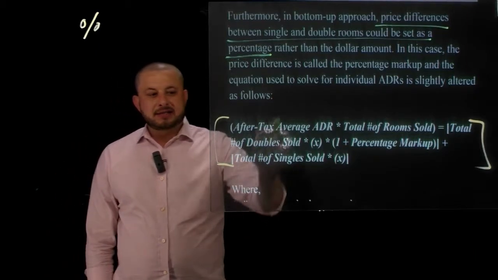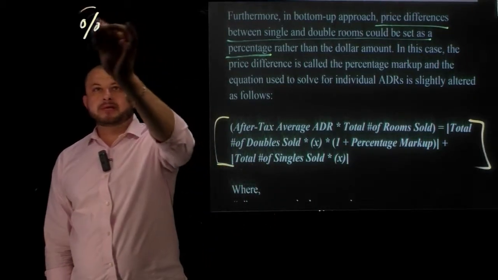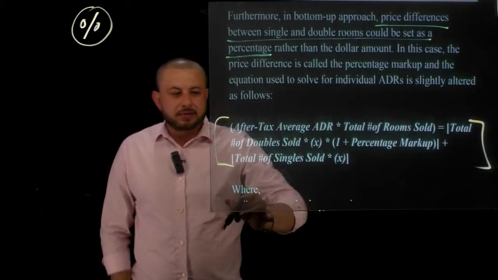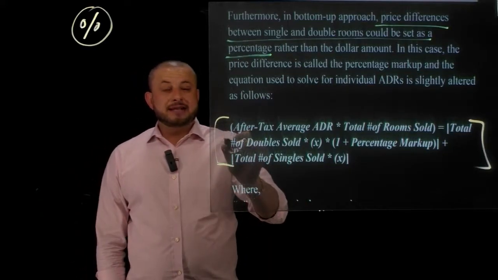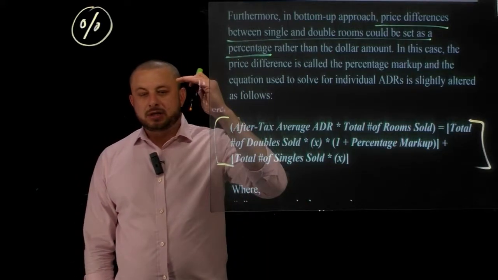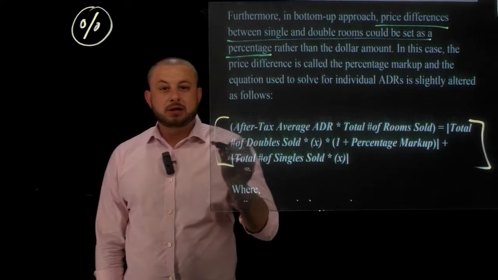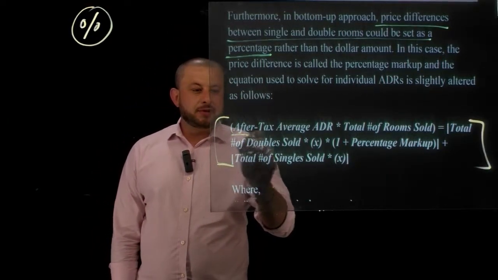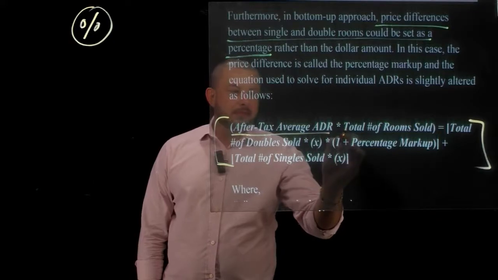Some of the parts are similar, but since we are dealing with the percentage right now, it differs a little bit. So, after-tax average ADR for each single and double rooms is equal to after-tax average ADR multiplied by total number of rooms sold,